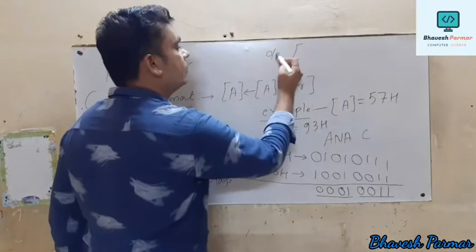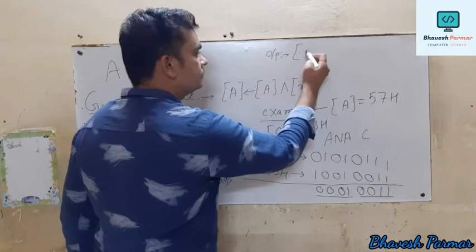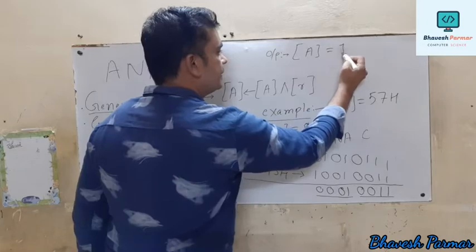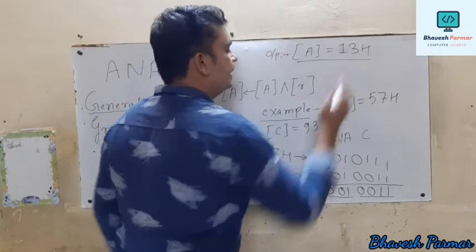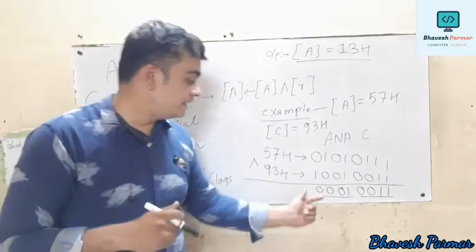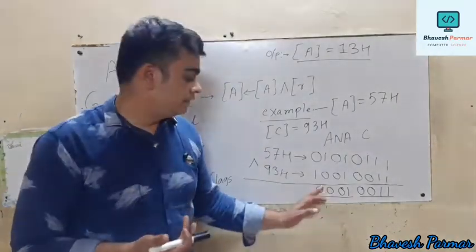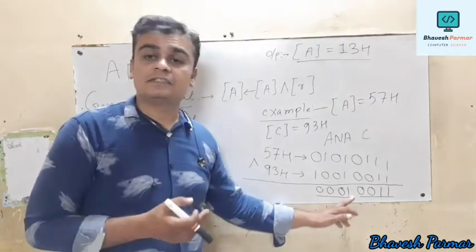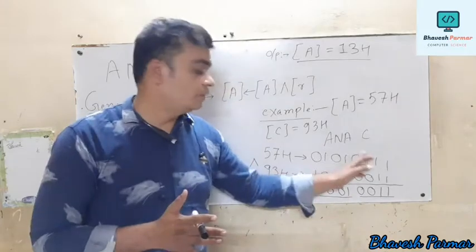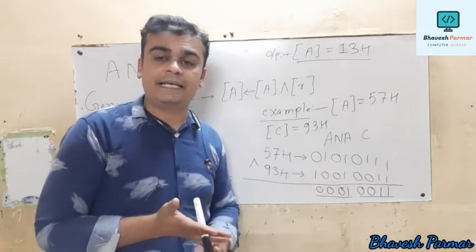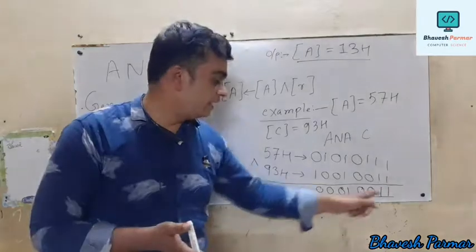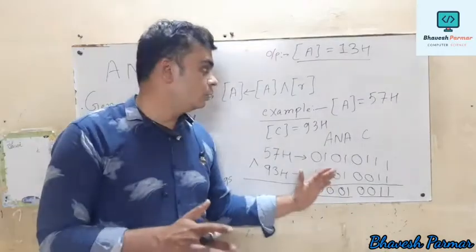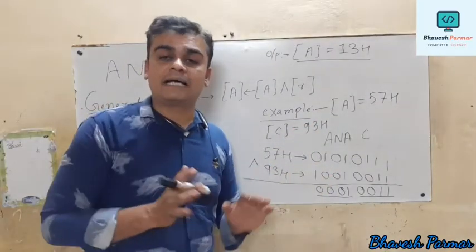So what will be my answer? I am writing down the output here. Content of A is equal to 13H. 13H is my answer. But now if I look from the flag register point of view, our MSB is 0, so the S flag becomes 0. My answer is non-zero, so Z becomes 0. No carry bits are generated, so the auxiliary carry flag and carry flag are also 0. And if you count the total number of 1s, it is an odd figure. So we conclude that in the above example no flags are affected.